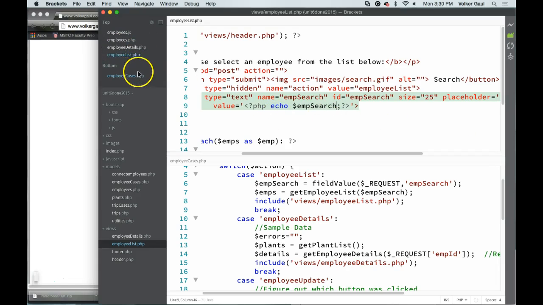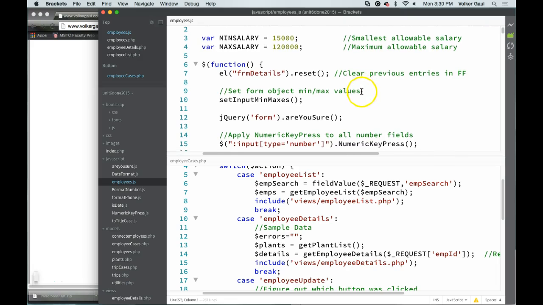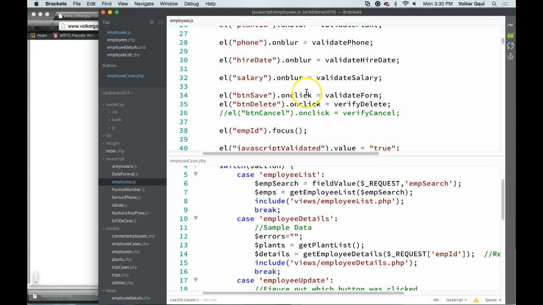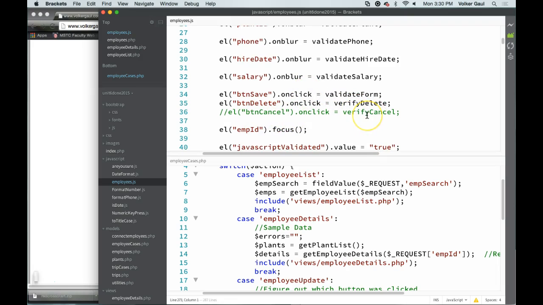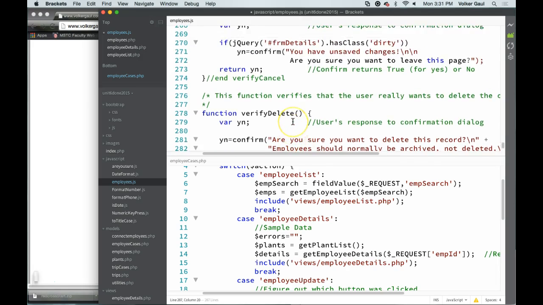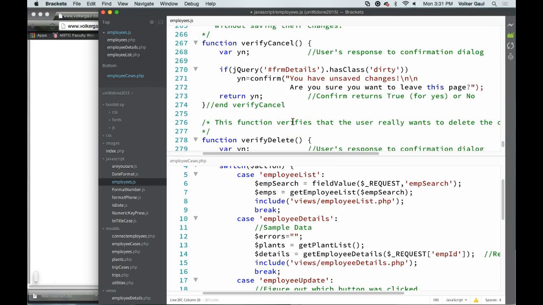So I did plug that in. That went into the JavaScript for my employees. So this is running. This cancel button was turned off. There is a verify cancel function already in there. So I'll bring that back. And then near the end somewhere is verify delete, and here verify cancel. And